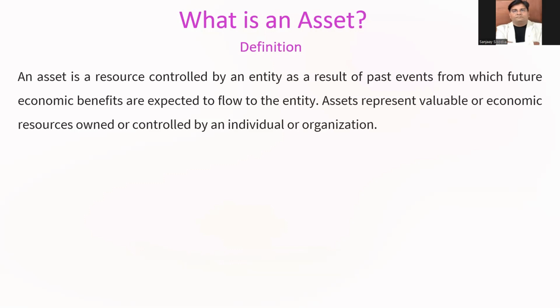Assets represent valuable or economic resources owned or controlled by an individual or an organization. So we can say that anything which has some economic value, which is owned and controlled,